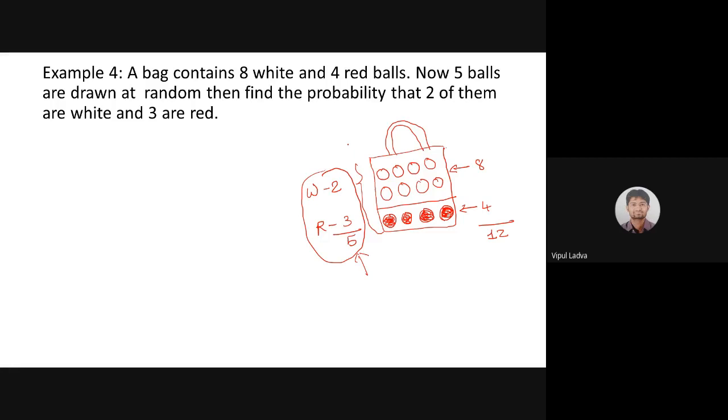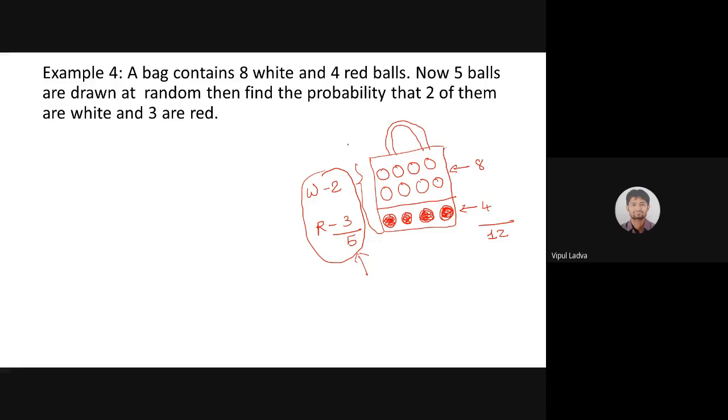12C5. It sounds something new. What is 12C5? Bhavdeep, what is 12C5? Sir, it means the 12 balls which can be drawn in 5, if one ball is drawn, we have now 11 balls remaining in the bag. I don't agree with that statement. That is a permutation and combination statement. That is just a combination. 12C5 is selecting 5 balls out of 12, all possible combinations to choose 5 balls out of 12, is it?